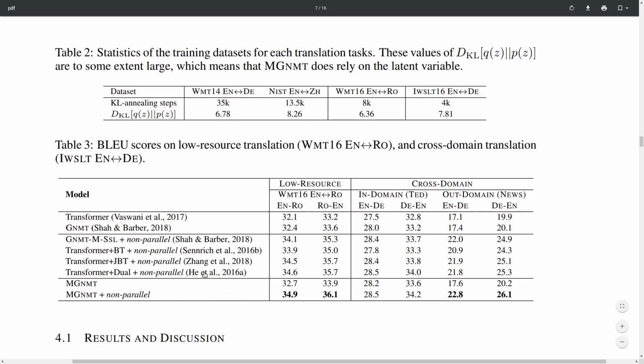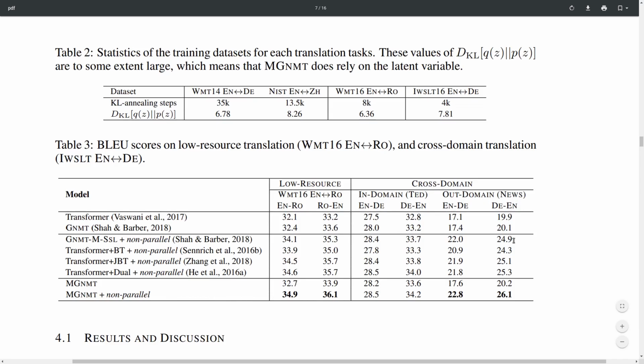And what you can see is that already you're getting an improved performance in terms of this BLEU metric, which is nice because it seems to be indicative that the source to target, target to source and language models are capable of perhaps, hopefully, collaborating and sharing the knowledge across this latent variable z. And when you add some non-parallel data, you're getting an improved performance over the baseline without non-parallel data.